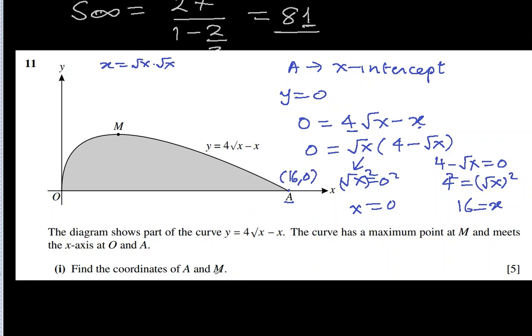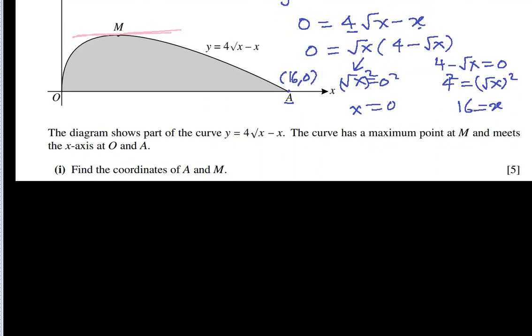Second, find the coordinates of M. Now M is a turning point, a stationary point, right? Maximum point they have written. The special property of a maximum point or a stationary point is that the gradient of the tangent is 0 because it's a horizontal line. And gradient of tangent is nothing but dy over dx, the differentiation of the function. Let's differentiate this. dy over dx